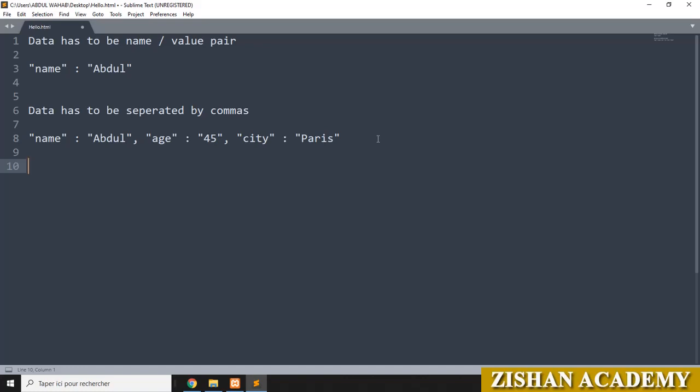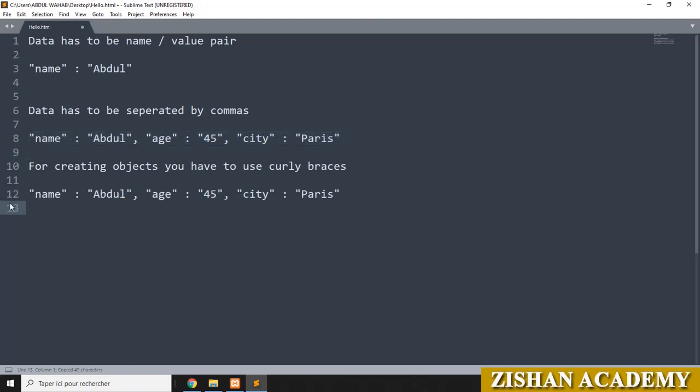Third one, for creating objects, you have to use curly braces. The same thing, just copy this one, and I am pasting this one.